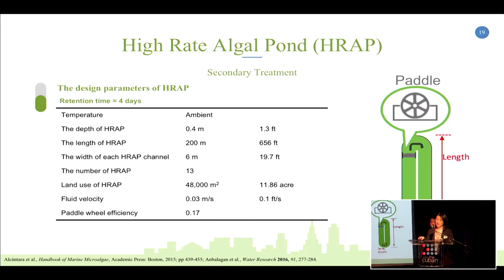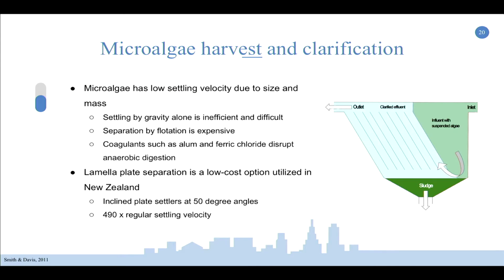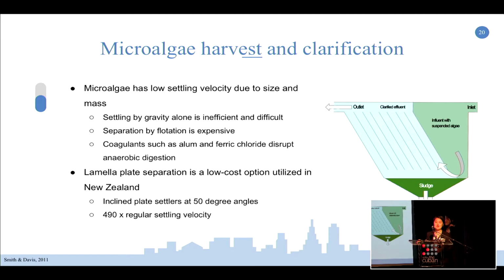And to meet the capacity of 2,800 cubic meters of wastewater, we calculate the size of the HRAP, and it requires about 12 acres. So at this point in the wastewater treatment process, there is a lot of total suspended solids, including the microalgae biomass in the wastewater. So after the high-rate algal pond, the wastewater would flow into the microalgae harvest and clarification